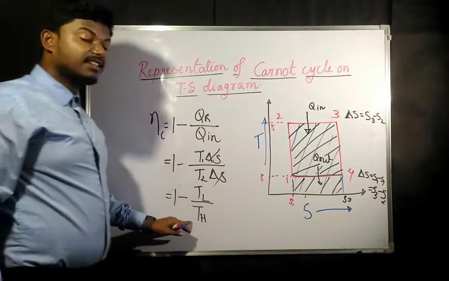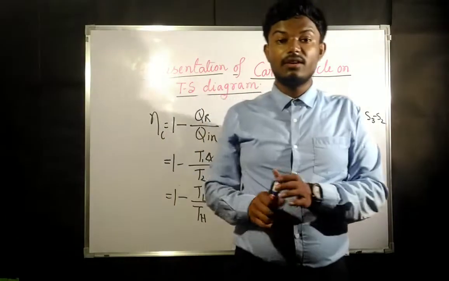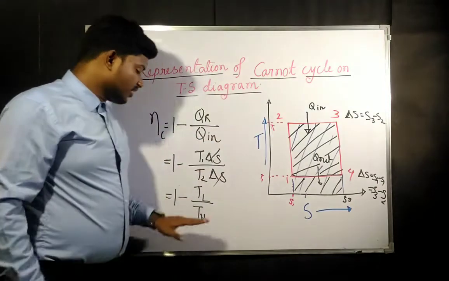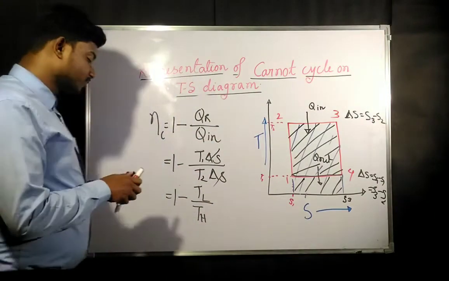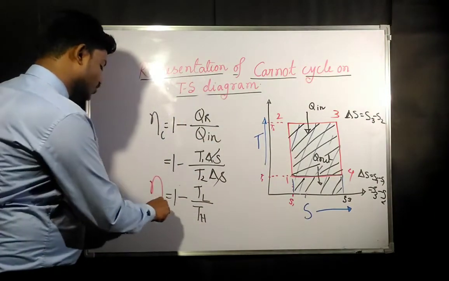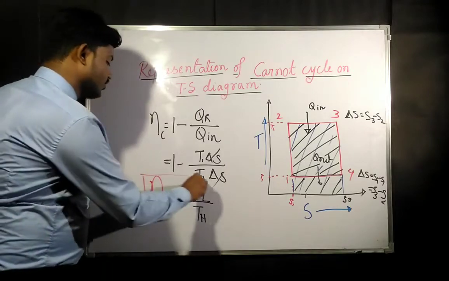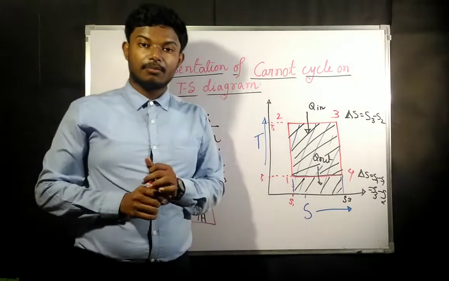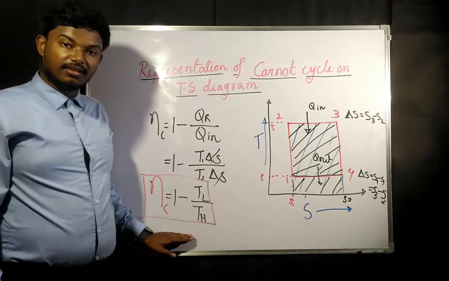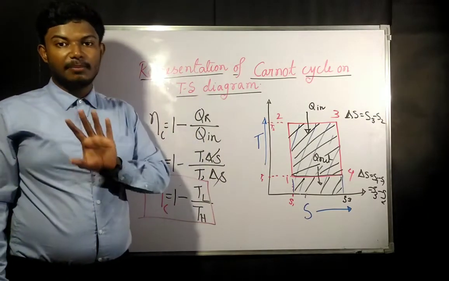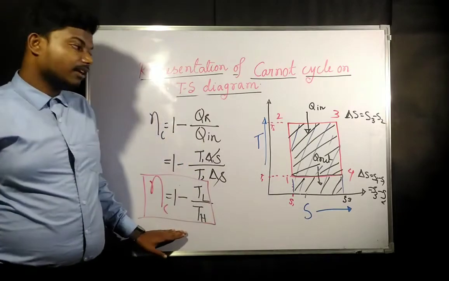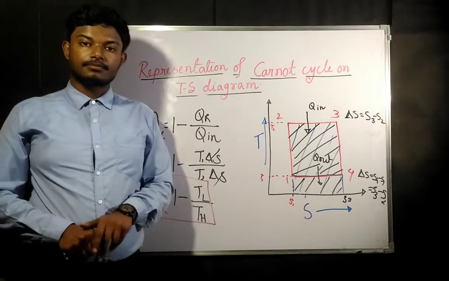Okay, so this is the same thing which we have derived while discussing the Carnot cycle in the previous one. This is going to be the efficiency of the Carnot cycle while deriving from the temperature entropy diagram. Okay, we have derived it in both cases. Last class also we derived it from the empirical relation of W out by Q in, and here we are finding it from the TS diagram.